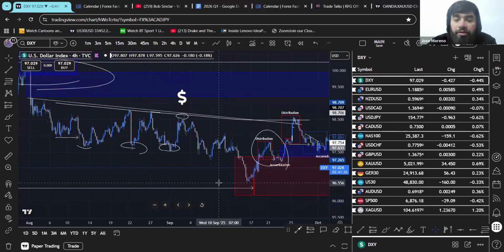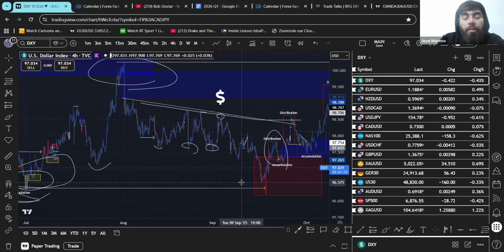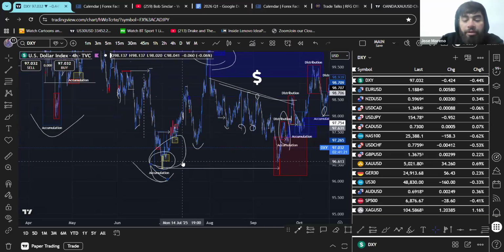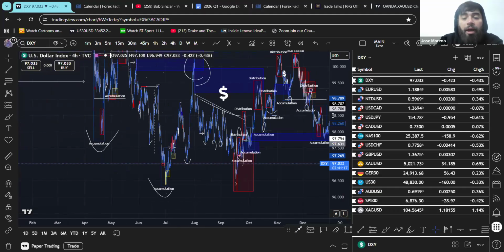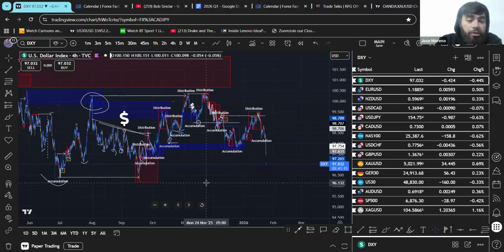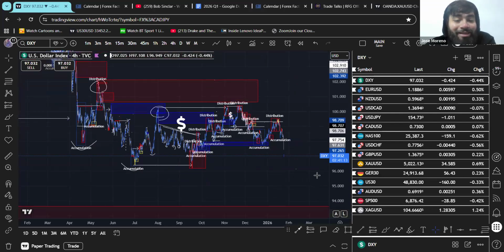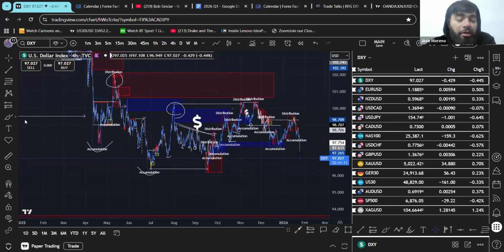I actually remember this happening. I was in Dominican when this happened. And then we swept out these lows, and from there, that ended up being the bottom for a while. But again, I don't think that's going to be the long-term bottom necessarily, right? If there are some buy setups in here, I don't mind taking it.